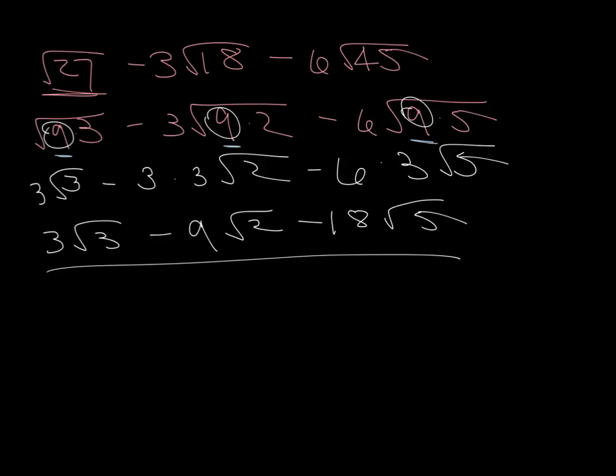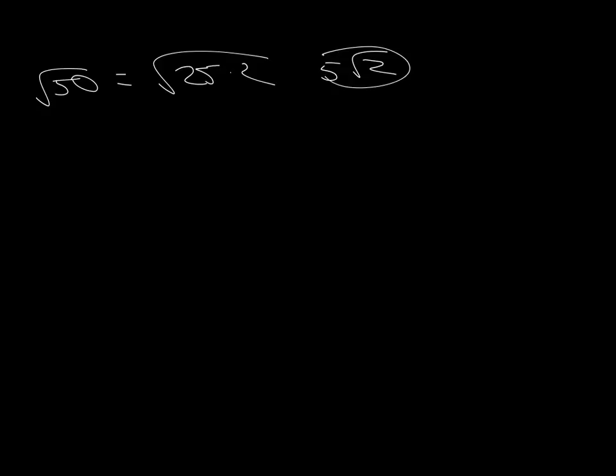Alright, so the next part of this lesson, which won't be very long, has to do with square roots of really large numbers. So at this point, we've been doing things like the square root of 50, which isn't too large, and that gives me 25 times 2. The square root of 25 is 5, and that leaves me with a number like that. Alright, what if I'm looking at the square root of